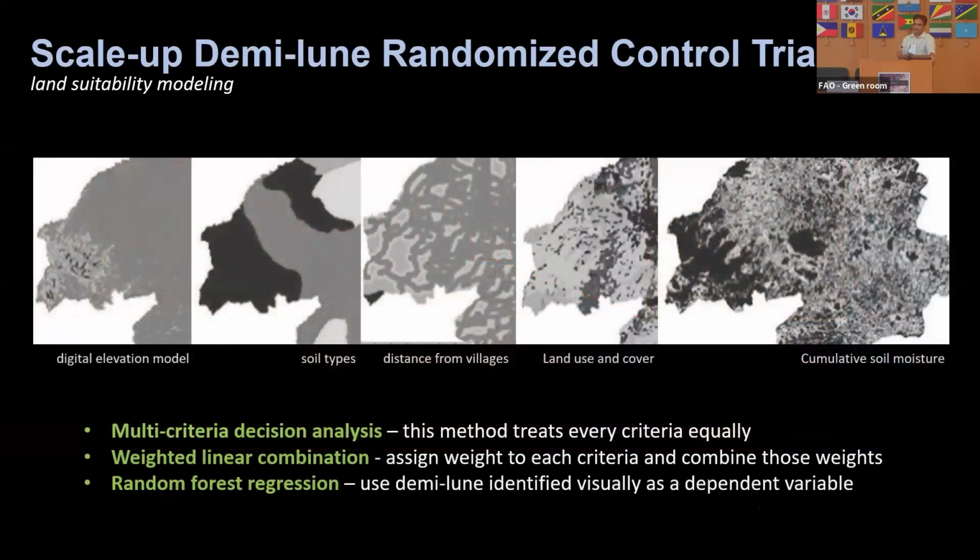To overcome this challenge, we needed to know land suitable for demillion construction that later can be utilized for detection and for predicting the presence of demillions using Earth observation data. That can extend the time over which adoption is observed, expanding the samples to cover new adoptions that occur. We used three different approaches: multi-criteria decision analysis, in which the method treats every criterion equally; then weighted linear combination, which assigns weight to each criterion and combines those weights; and the third one is random forest regression analysis,